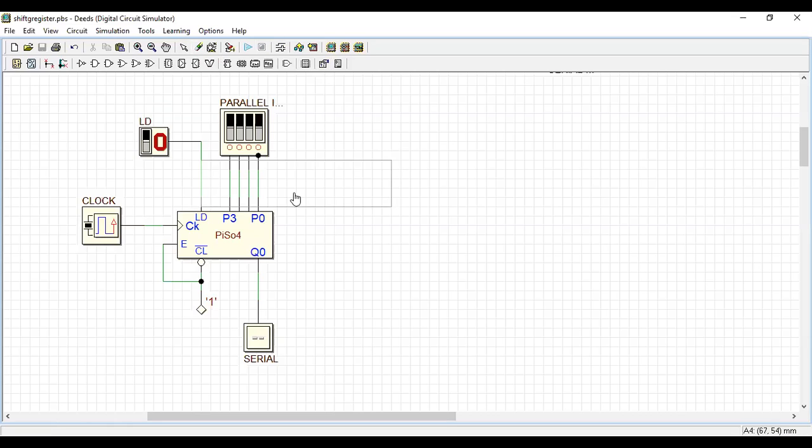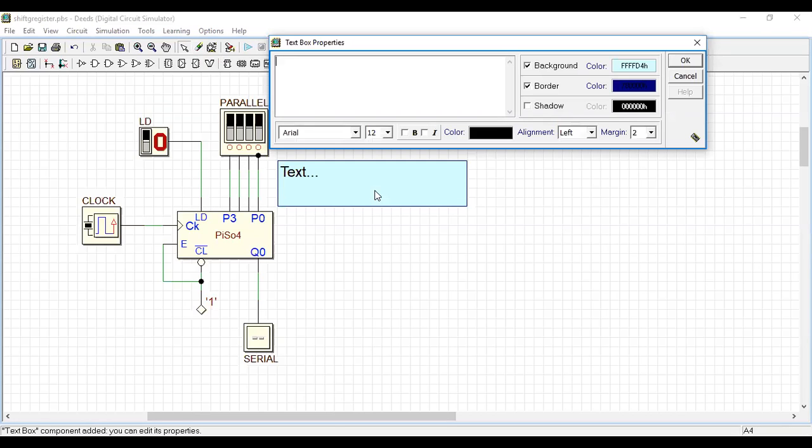So I take a text box. What should LD be? LD equal to 1 for the first clock, then LD equal to 0 from the next clock, the second clock.